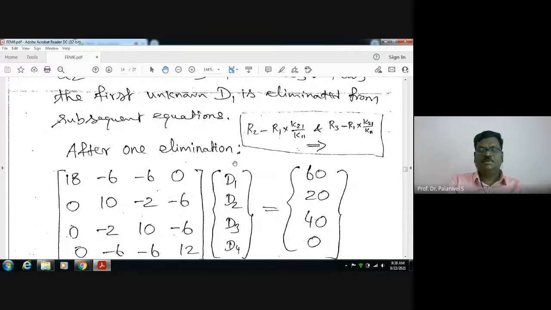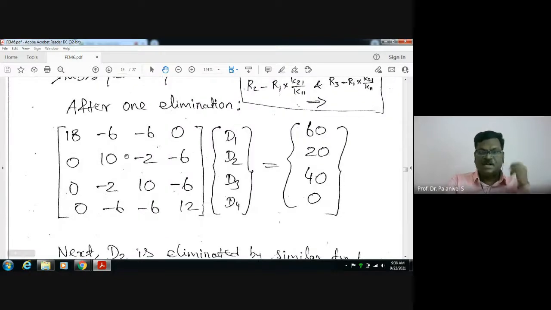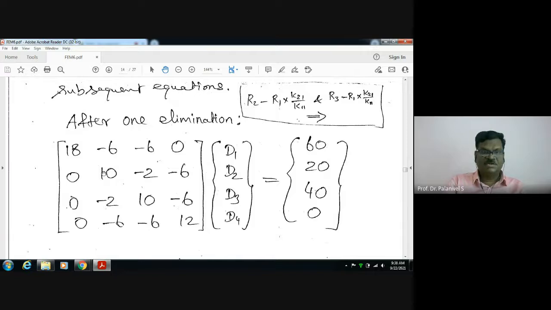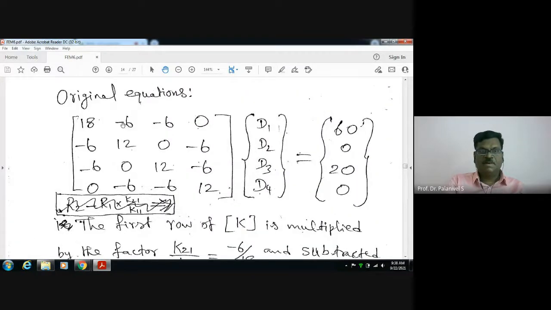After one elimination, we have done that and we got 0, 0, 0 here, and other values are obtained accordingly. Hope you will understand how to do it. Is it necessary to explain for other terms also? No need, you will do it. For example, for one term I will explain. I am multiplying this factor by minus 6 by 18. If I multiply, minus 6 divided by 18, denominator 3 is there. Here minus 6 is there, so 2 minus 12.